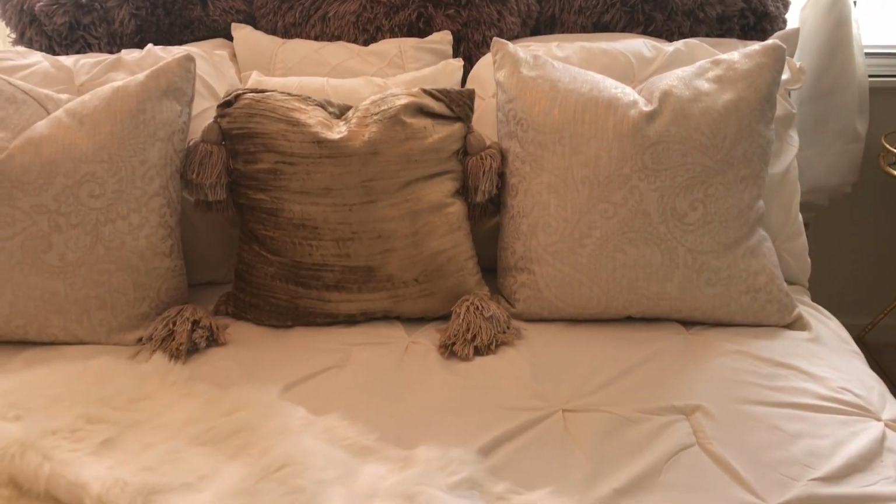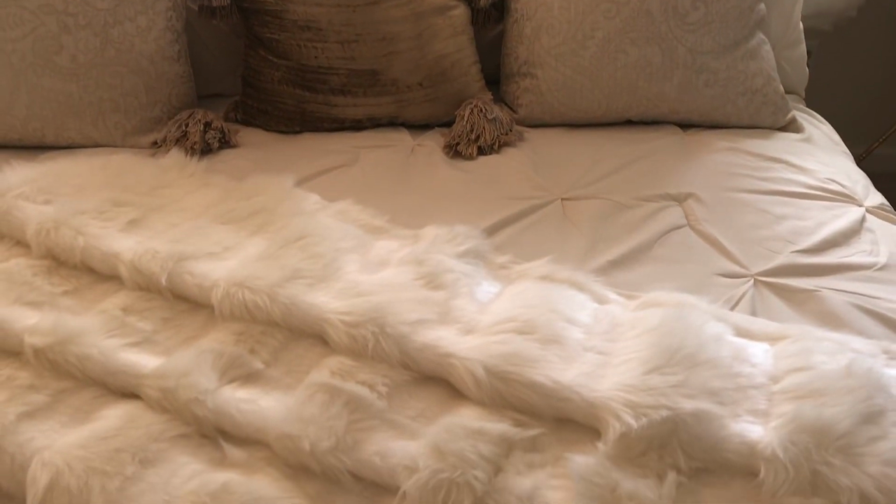I'm really enjoying the neutral palette in this room. It just makes it feel so